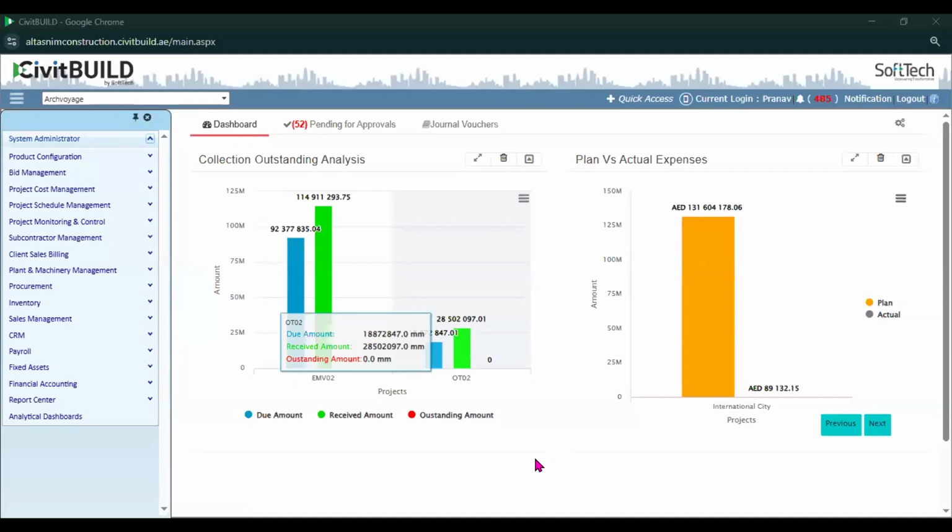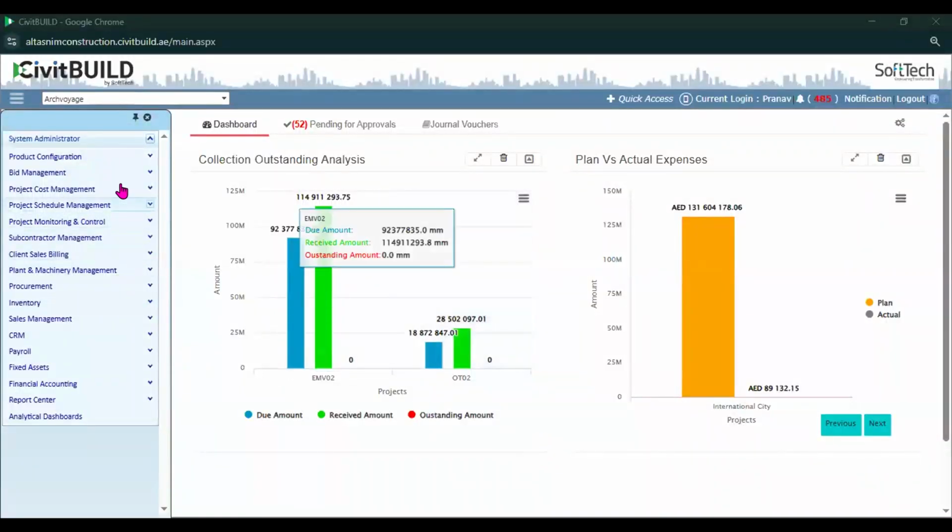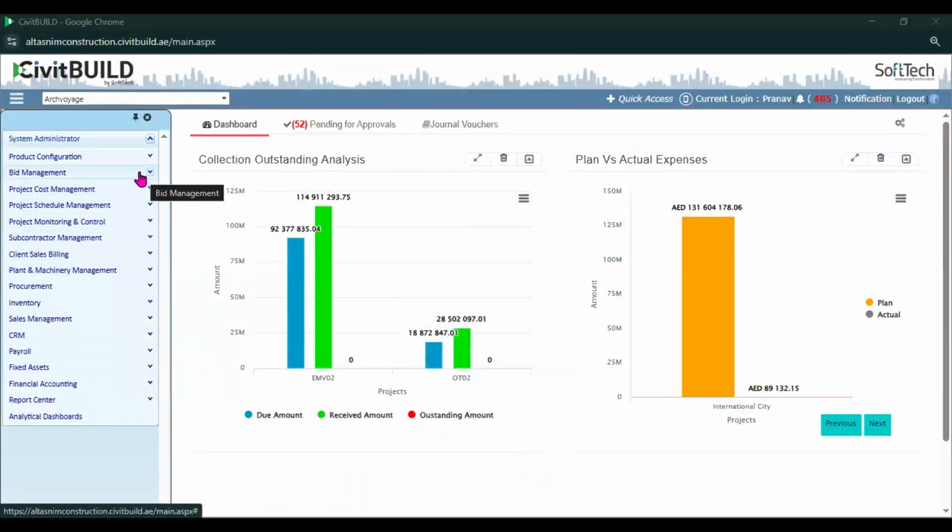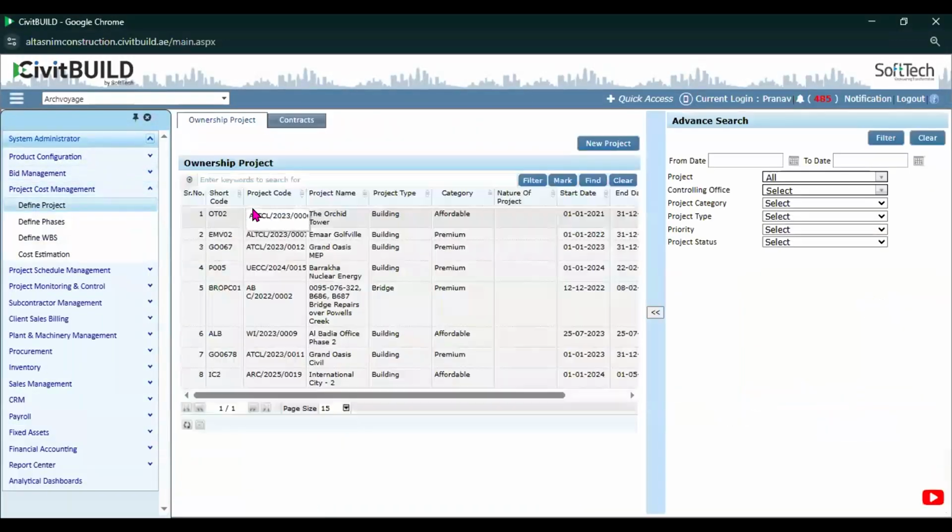Today we are all excited to know how CivitBuild transforms your project scheduling from a static timeline to an intelligent, integrated solution, which provides real-time updates and offers better efficiency and control over project execution. Let's get started. So after the project has been awarded and we won the project as the organization who is going to execute it, project execution comes into the picture.